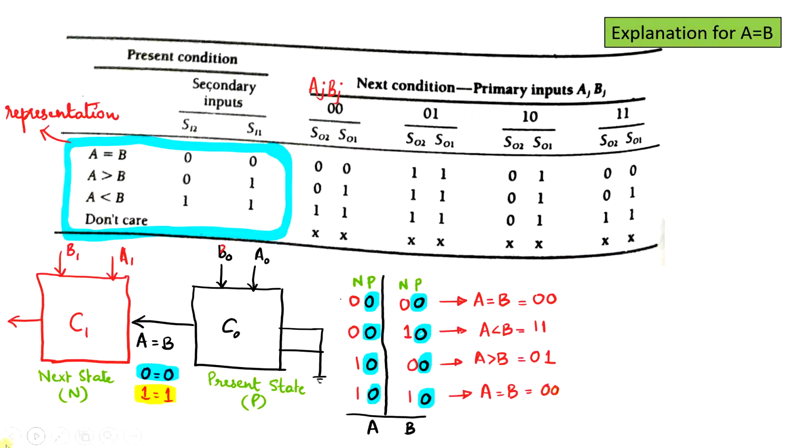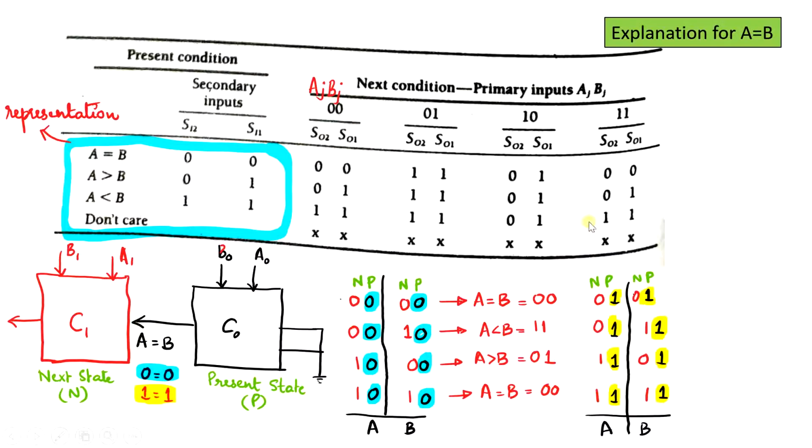Now this was the case when I considered that A and B are both zeros. The same thing applies when I consider A and B to be equal to 1. For A and B equal to 1, I have indicated in the yellow color, and the various combinations I have indicated in the red color. So I am going to compare A and B and yield the result. If you see, the result that is obtained here and the result that is obtained here is exactly the same. So the same thing is being written in the table.